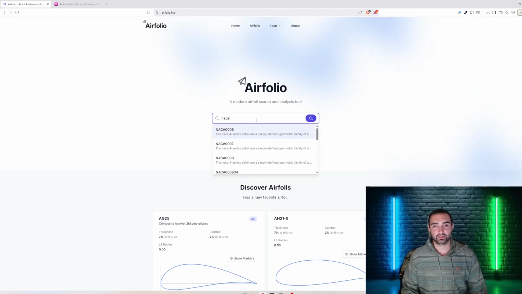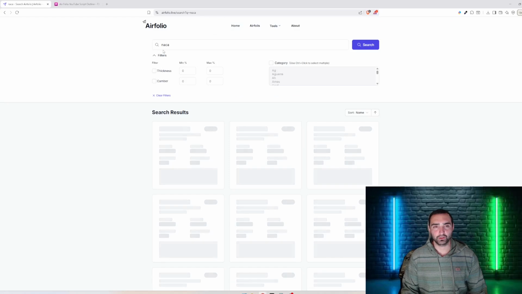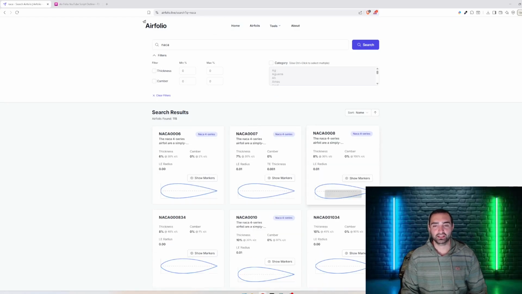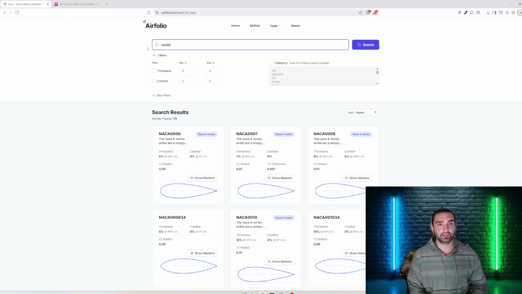But anyways, back to the search engine. Let's say you want to search for a NACA airfoil. You can type NACA, search. It does a text search of all the airfoils in the database. Here we can see we have 115 results. I haven't included every single possible permutation of NACA airfoils in this database, but here's just a couple of the popular ones. If we type, let's say, Eppler,